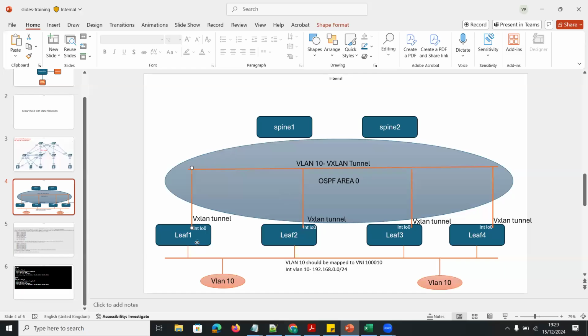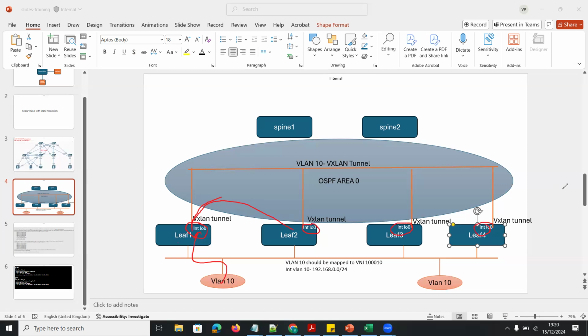on switches 1, 2, 3, 4, where there are two options for the flood and learn mode configuration: flood and static configuration. There are two modes of flood configuration. One is using the multicast address, where you do not need to specify where your destination and source are. But in the flood and static mode that I'm going to do here, I'm going to configure one VXLAN interface where I point out, if there is any traffic from VLAN 10, where to reach. So I'm going to define a loopback address as a flooding destination on the leaf switch